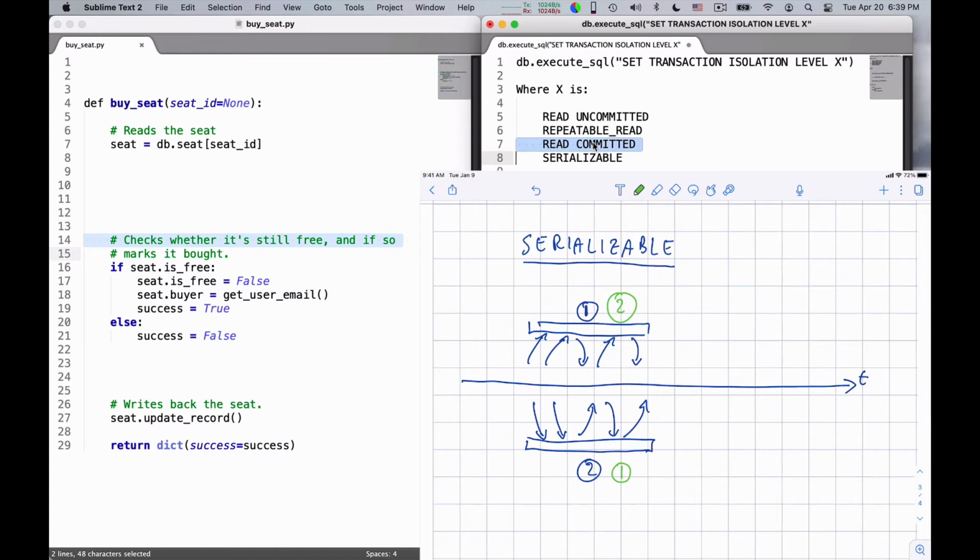Okay? In practice, databases implement serializable with what are called transactions. Once you go to serializable, transactions means a series of stuff you need to do in a way that does not depend on other things.